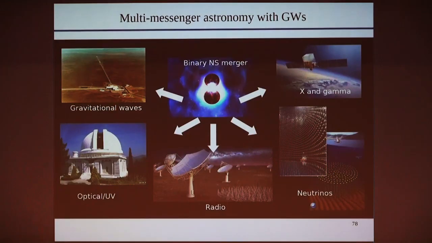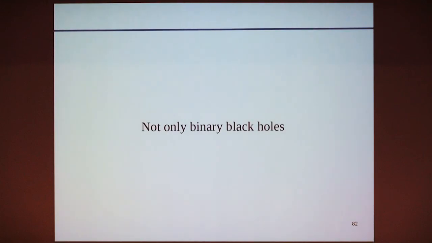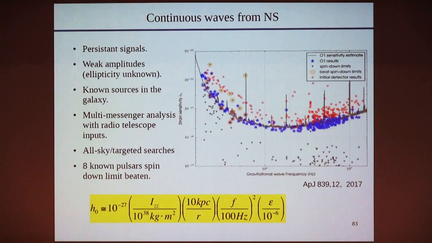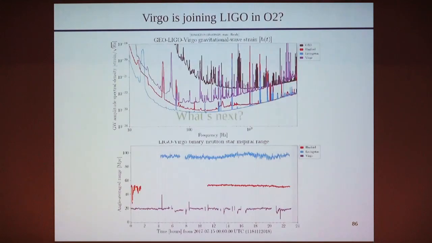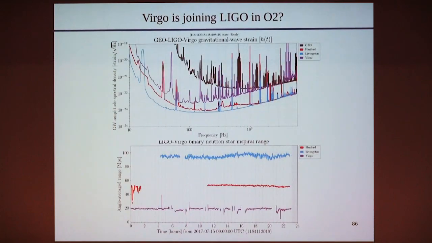I'm going to skip that. We do multi-messenger astronomy. That means we send alerts to different telescopes. And I just maybe want to mention